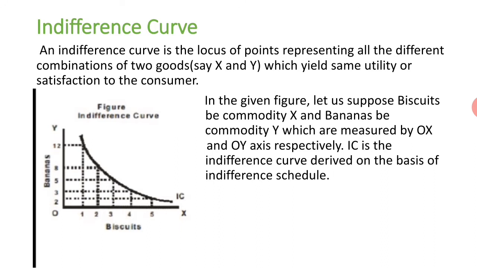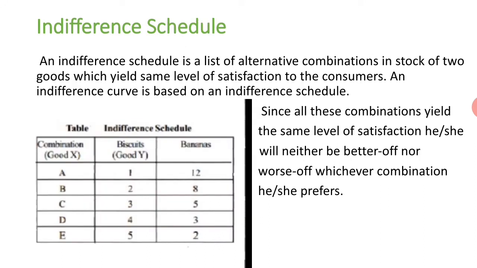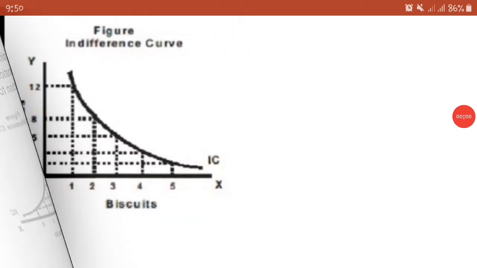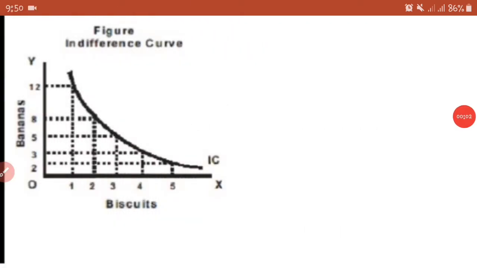IC is the indifference curve derived on the basis of the given indifference schedule. Here in this figure, the x-axis represents biscuits and the y-axis represents bananas. So 1 unit of biscuits and 12 units of bananas represents